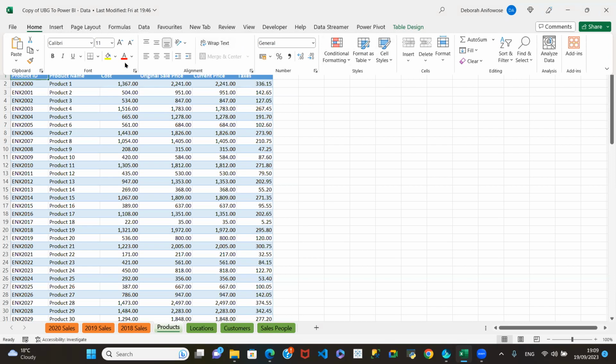So rather than spending time looking through to find functions, especially the ones that you use more often than not, there's something called the quick access bar,